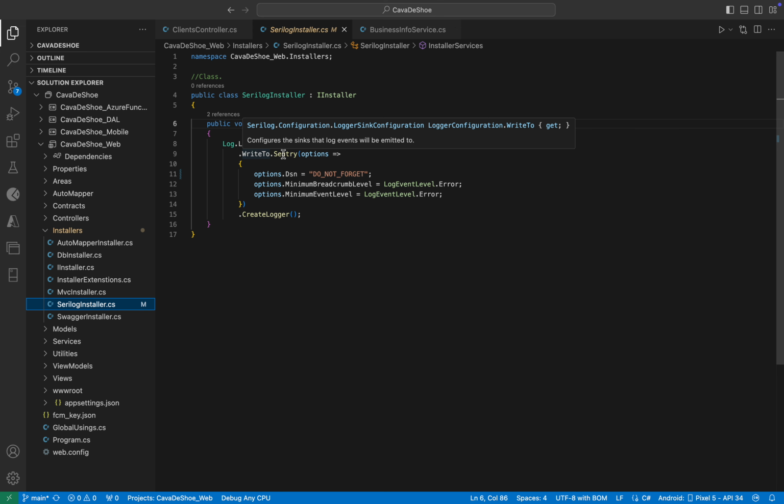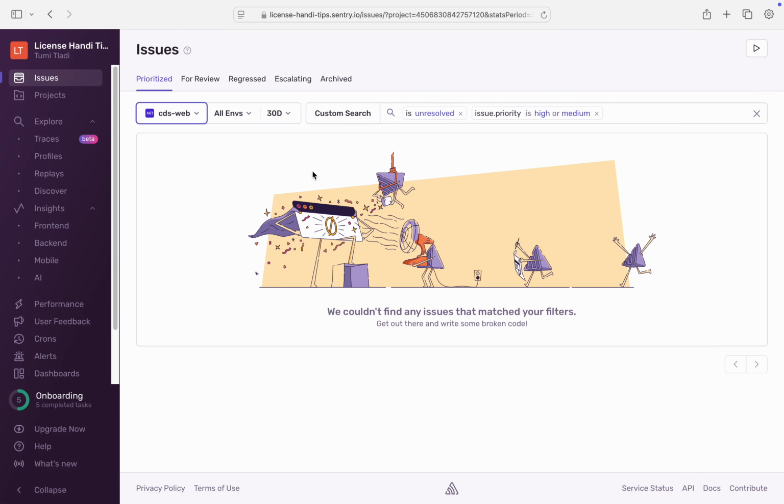Write to Sentry, but you can write to a couple of things. In this case, I'm going to write it to Sentry and I'm passing options. One of the options is DSN. So before I continue with the DSN and everything, if you go to Sentry.io,